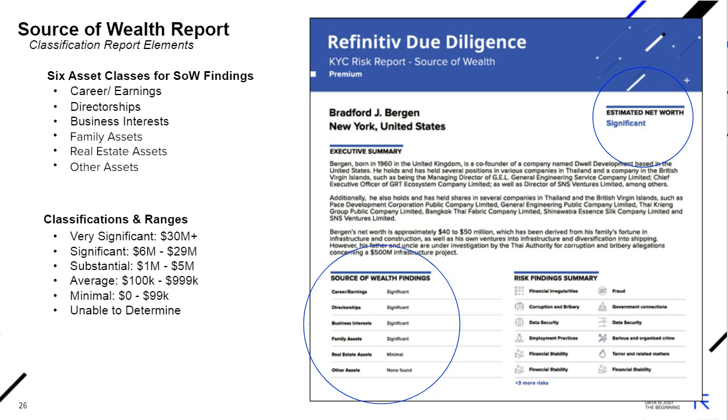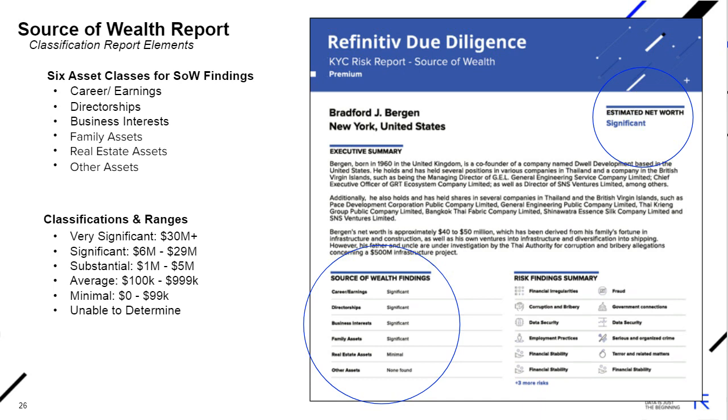We've also built out classifications and ranges. So the current ranges right now go from unable to determine for obvious reasons to minimal through very significant. These asset classes and classifications and ranges are effectively informed by the research we've conducted by looking at our reports and how our clients use us for our legacy source of wealth reports, as well as IMF guidance around these specific classifications and ranges, as well as asset classes. As I also alluded to earlier,